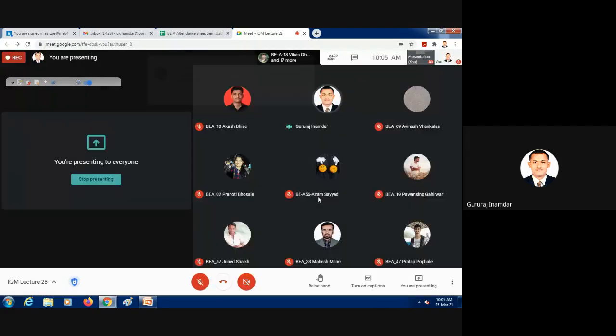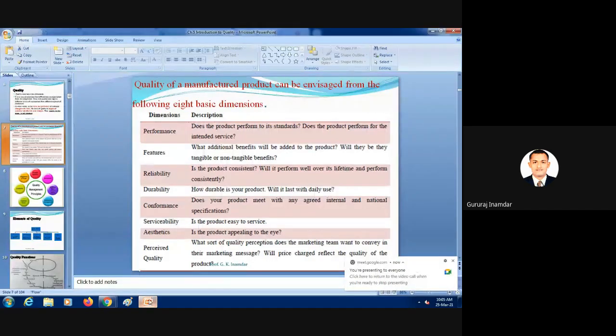Last lecture we started section second. Chapter number 4 is the introduction to quality: different definitions, and which factors are very important for quality. We have already discussed all those points. Today we will continue with the same factors. Last lecture we completed the dimensions and description. What are the dimensions